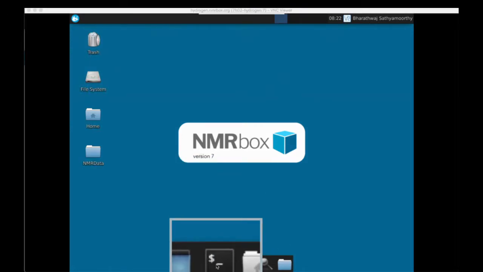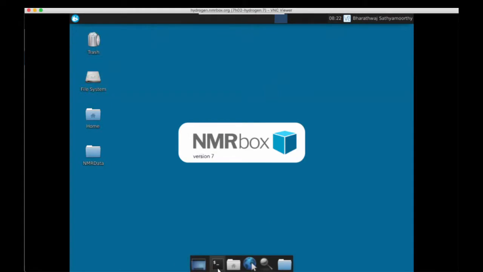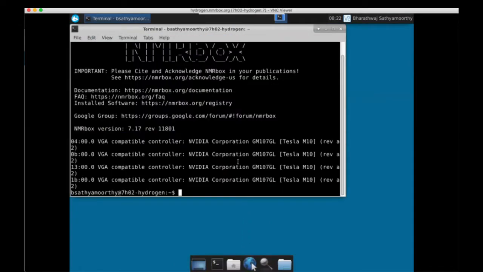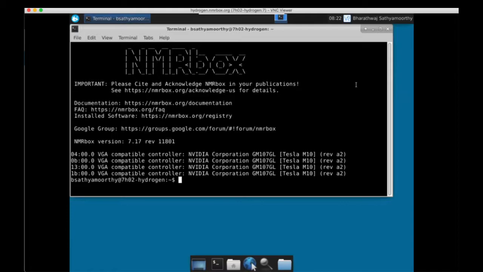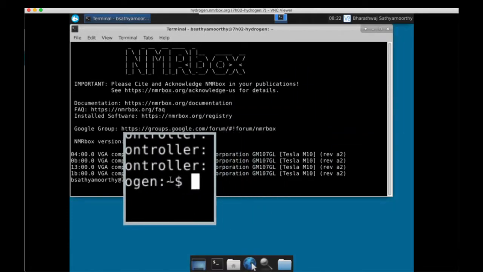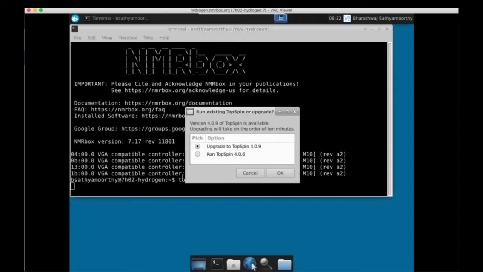Then you would have to end up opening a terminal, as you see here at the bottom with a $ sign and a black box and a cursor waiting for you to type a command. You click the terminal box, you end up seeing a command line that opens up of this sort. The command prompt here, you can type the software you would like to open, in this case topspin. If you hit enter,